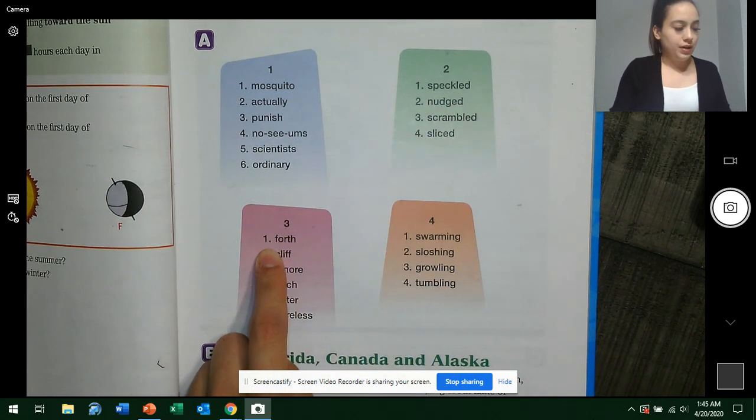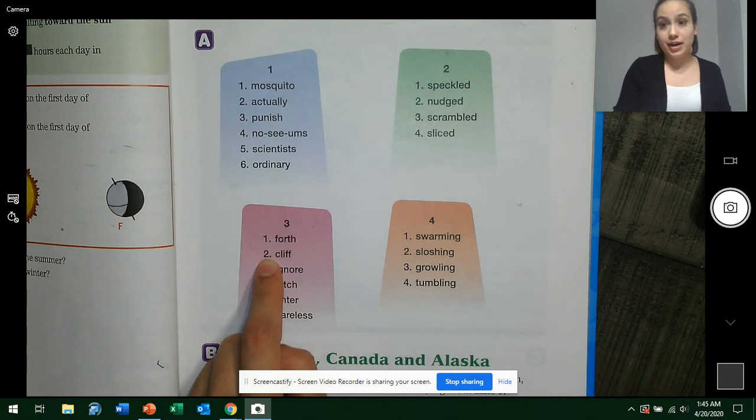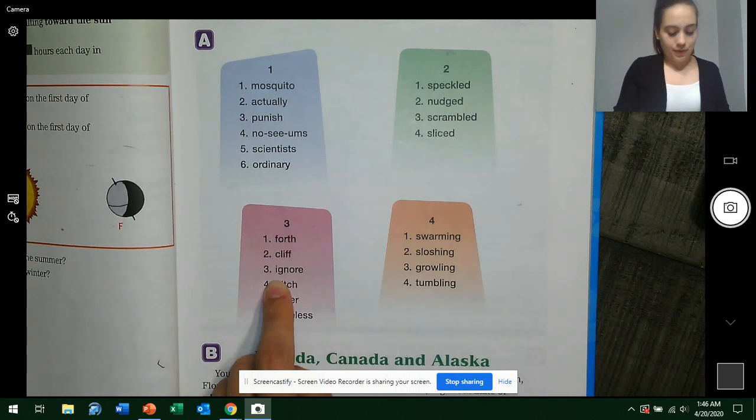Let's go ahead and go to column 3. Ready? Word 1. What word? Fourth. Word 2. What word? Cliff. And a cliff is like a side of a hill that goes almost straight up and down. Word 3. What word? Ignore. Word 4. What word? Hitch. Word 5. What word? Enter. Word 6. What word?